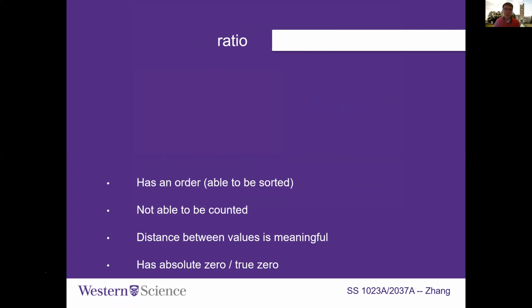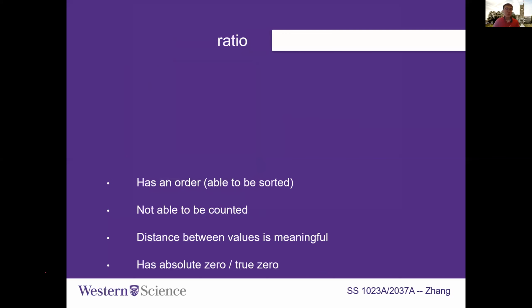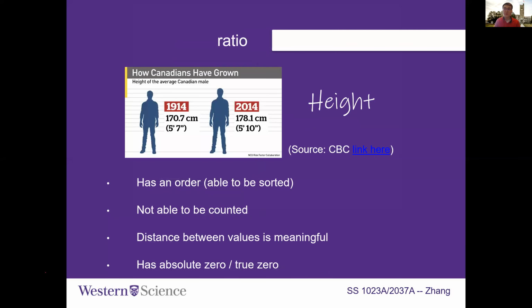But how about temperature? For temperature, we actually have different zeros. For the Celsius measure of temperature, the 0 point is actually higher than the Fahrenheit measure. By that means, the choice of 0 is quite subjective. You can define your own 0. I could say 100 degrees is 0. So definitely, there's no real 0 in interval data. But for ratio, there is a 0, because zero height is well defined.